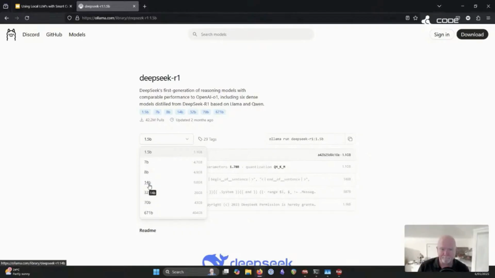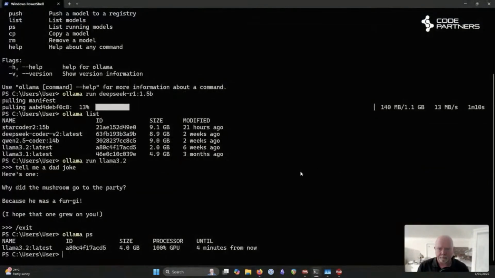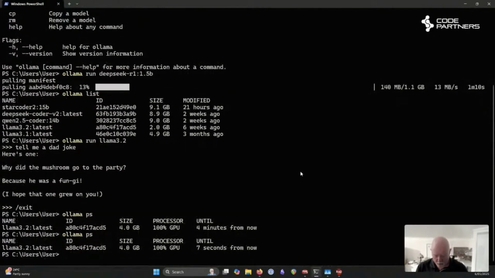Okay. So there's lots more stuff you can do at the command prompt with Ollama, and we'll come back to some later on. But let me just stop that. I don't have to stop the model, but I will, because there's something I want to show you. So I'll say ollama stop